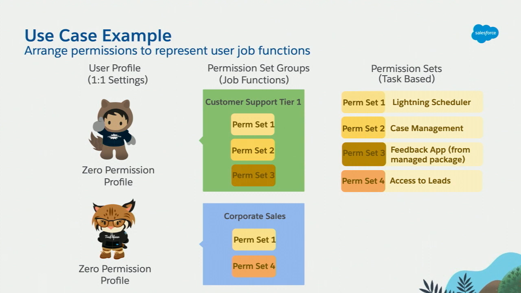Now, the best part of it is when my IT team tries to introduce a new field, for example, a new field on an object that is going to be used by the Lightning Scheduler. What I need to do is just update that one perm set for that access, and the platform will take care of the propagation, taking those perms and ensuring all the groups that include those perms will have it.